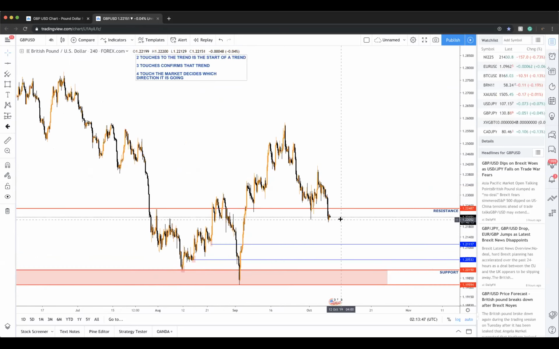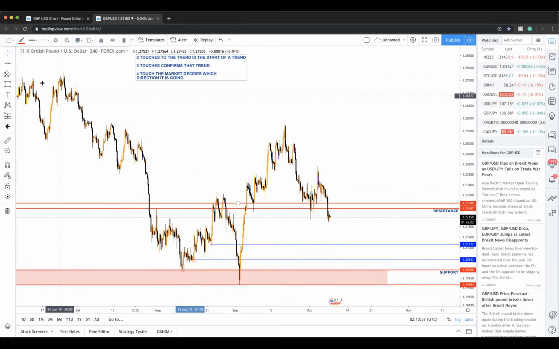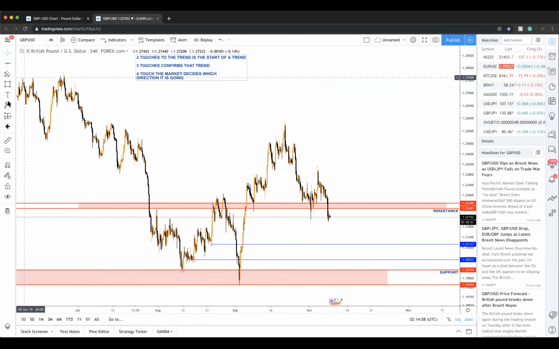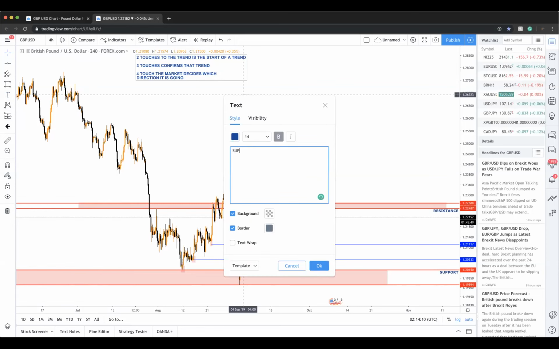So if I use my resistance line here, and I identify a previous high above that, let's say I go with this price here, I can see that after filling in this rectangle here, I now have what is considered my supply zone and my demand zone. So I'm going to write it here. Supply, which in other words is also serving as your resistance,